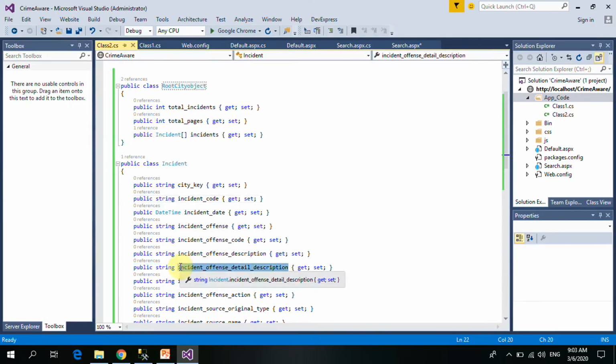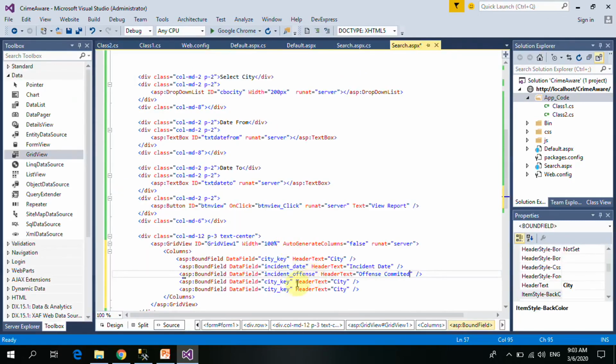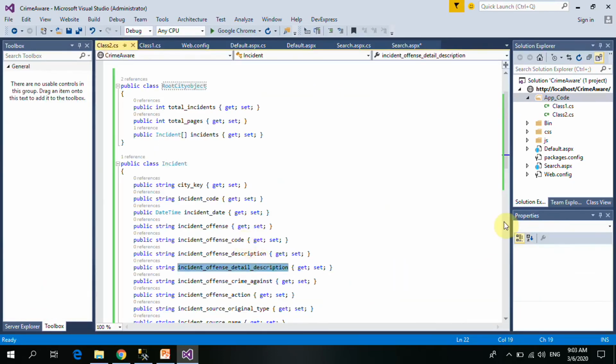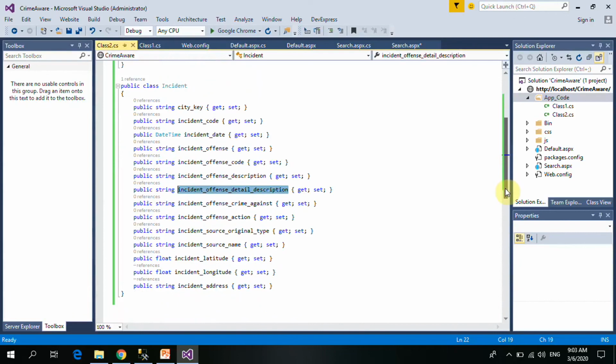I can copy this, incident offense detail description, so I can just simply say description. Then incident offense action, incident source original type. Let's just get incident source name. So incident source name,